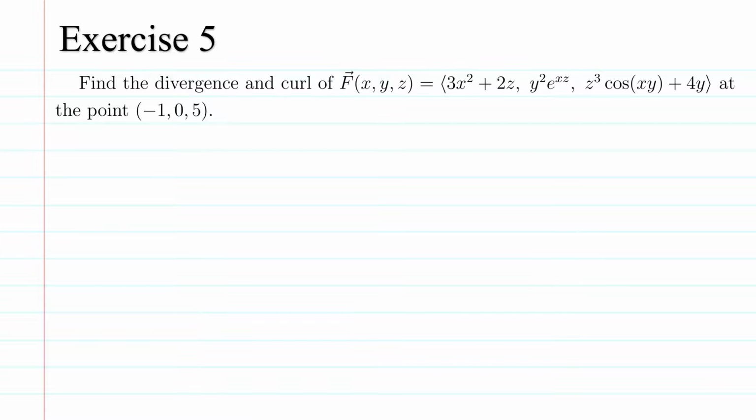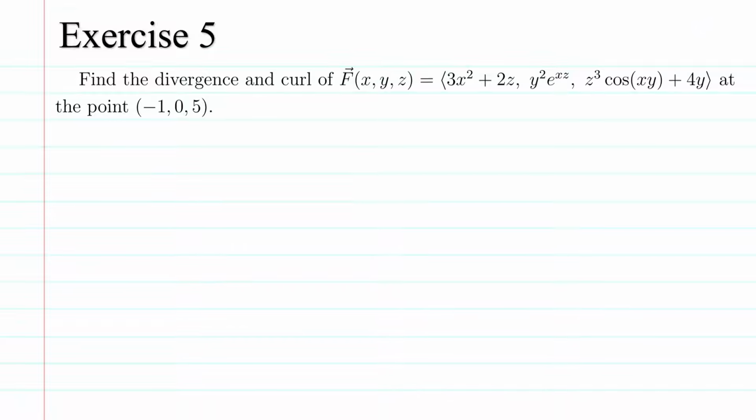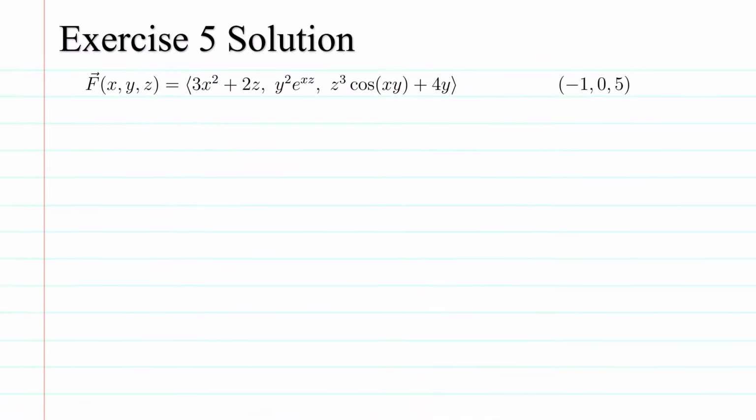Find the divergence and curl of this vector field f of x, y, z at the point negative 1, 0, 5. Okay, so similar yung solution ito sa exercise 4. So, again, pause the video and try to answer this on your own first. Okay, so to answer this, parang sa exercise 4 lang, meron lang additional step na pag-evaluate dito sa given point. Okay, so with that,